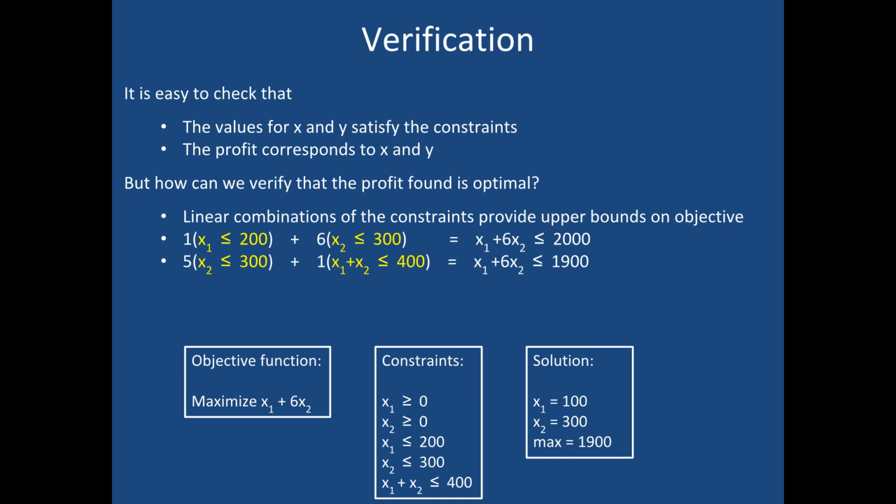Yeah? You could also visualize the objective function as a plane in space, that these constraints are restricting its domain. And so if the paper's slanted, the highest point on the paper is going to occur somewhere on the boundary. So if you were to draw out these constraints in 2 space and find the corners, pick out all the corners and then just plug them into the objective function and see which one's the biggest. Okay, so